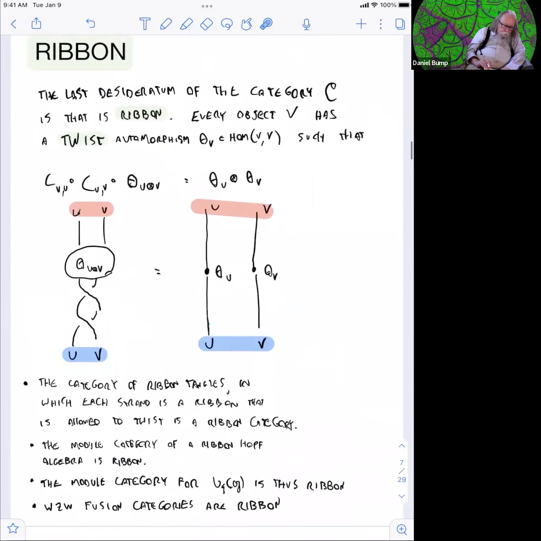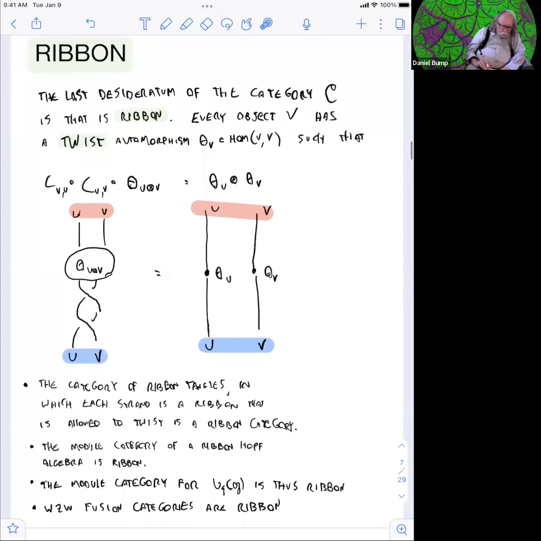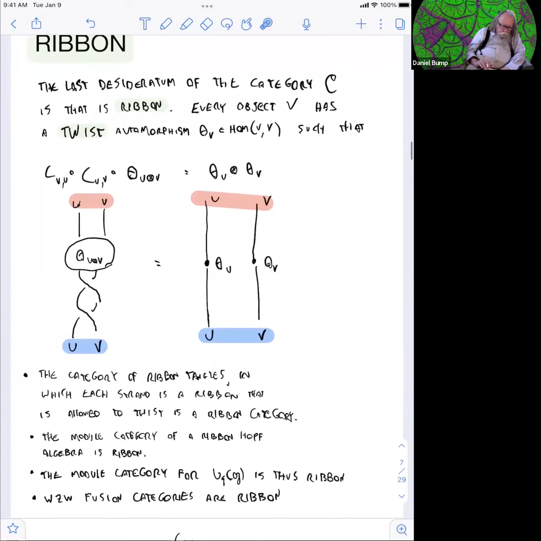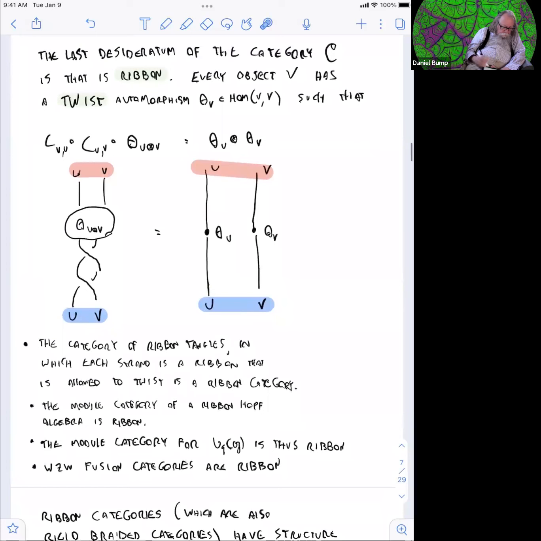This concept was introduced by Turaev, but Turaev had another name for it. I think it was also introduced by Doyle and Street around the same time. So I forget what the name for it is. So ribbon tangles, in which every strand is a little ribbon that can be twisted, form a ribbon category. Now, there's a notion of a ribbon Hopf algebra, which I will not introduce,